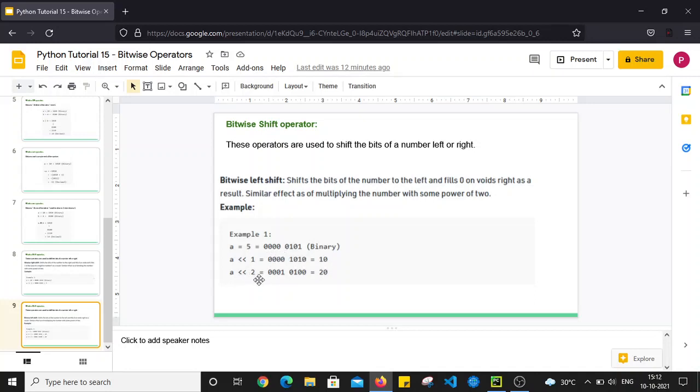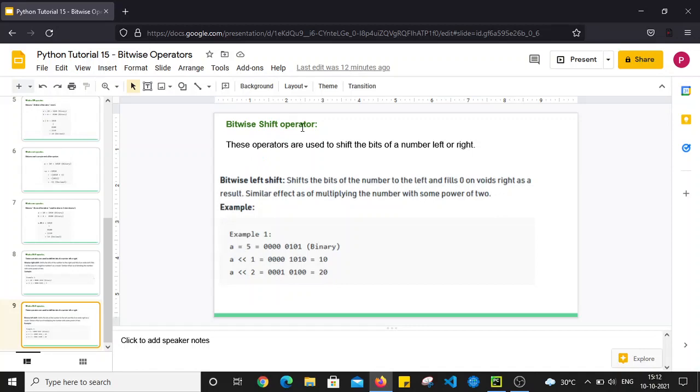If we perform left shifting by 2 bits, this is for shifting the left side by 2 bits. So this time what will happen is, this 0 and this 1 will be shifted to the left side. So the new value will become 0 0 0 1. Since 0 and 1 are coming from this side, this 0 1 will be shifted here, and at the end it will be replaced by a couple of zeros. So the new value will become 0 0 0 1 0 1 0 0. So in decimal format, that is nothing but 20.